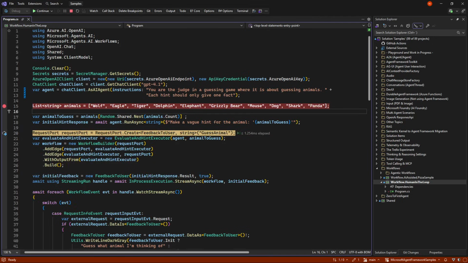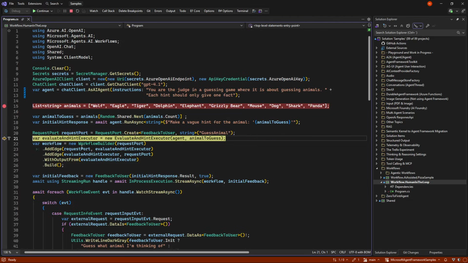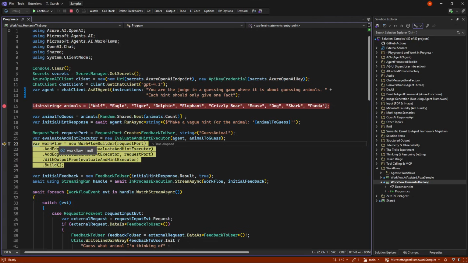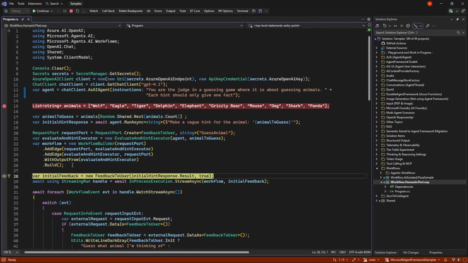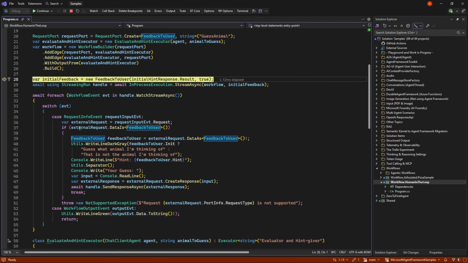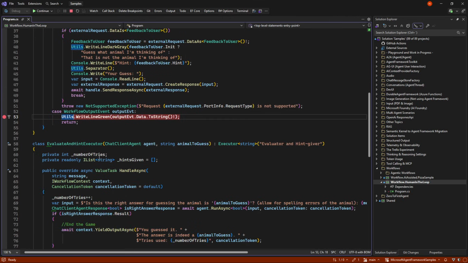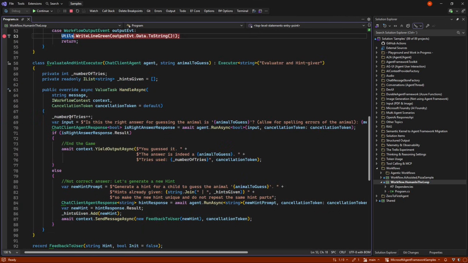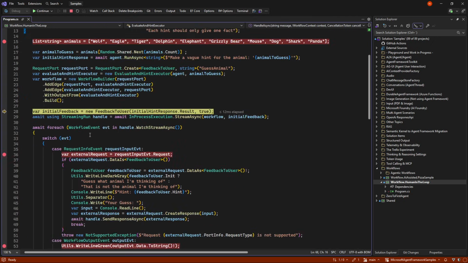Then we give that to our request port, and we create our evaluator so it knows what animal it should work for. And then we have our workflow we create, and let me set down a breakpoint here, here, and down in the handle async.